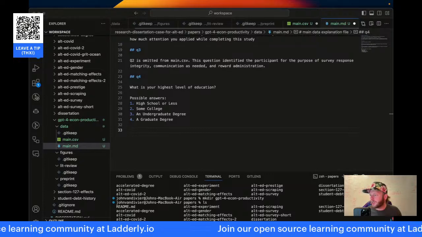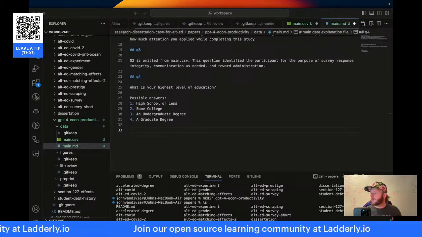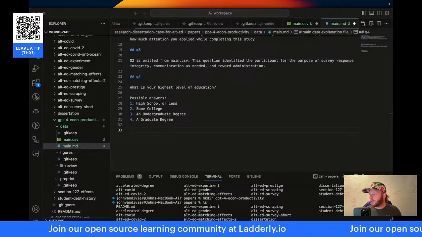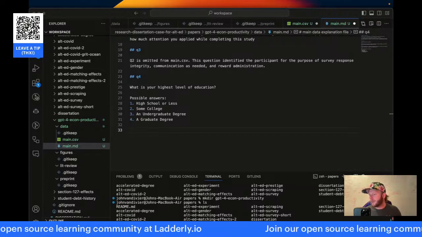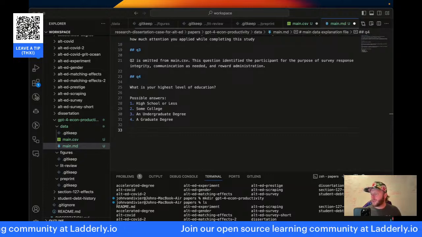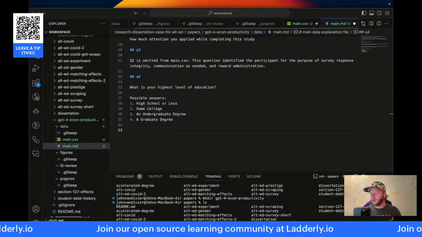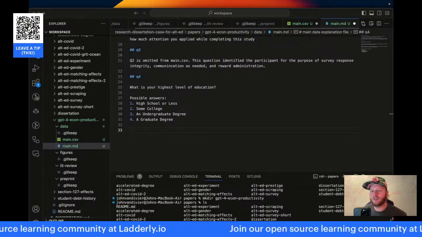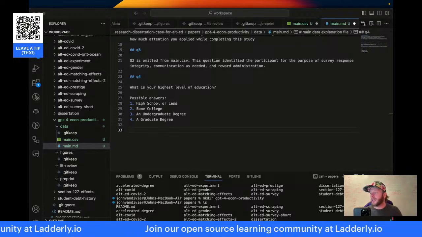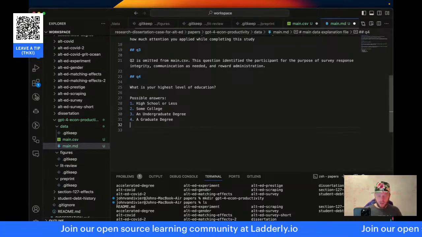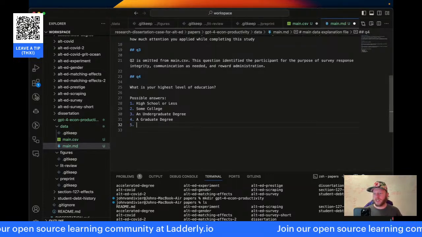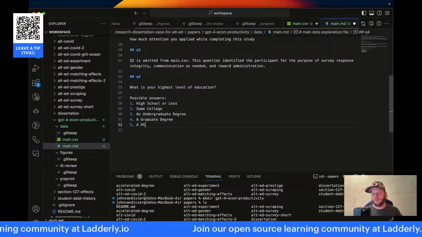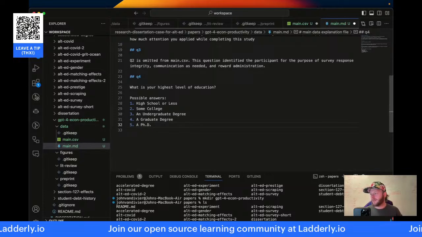Did I do postdoc or anything like that? I know for a fact multiple of these participants have postdoc and professorial experience, but that was not noted. So I don't think I have a distinct category for postdoc. Oh, but I do have a PhD, in contrast to a graduate degree, in finer specificity.